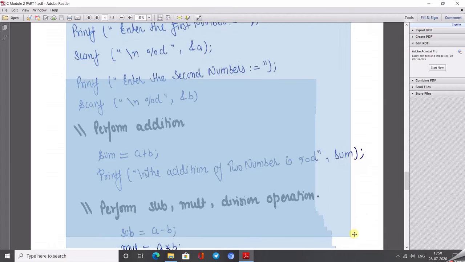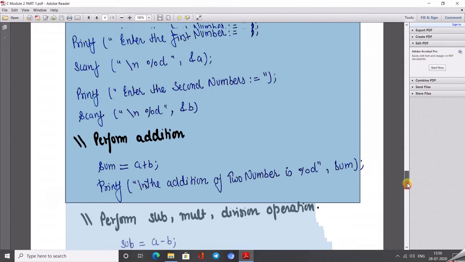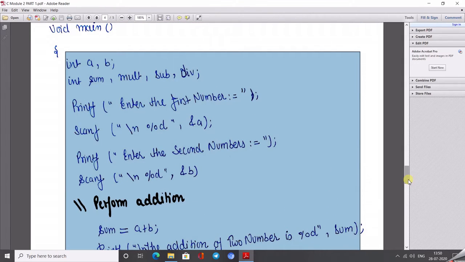As per the given question, I need to perform the addition, subtraction, multiplication and division operations. For that you can take many variables on which you perform your operation. Here I am just taking the binary format. Binary format means only two operand variables on which I perform the operations: sum, multiplication, subtraction and division of two numbers.